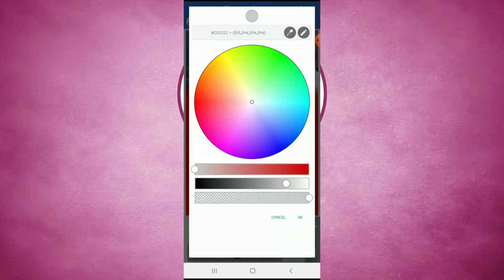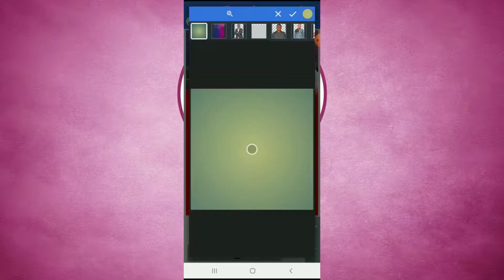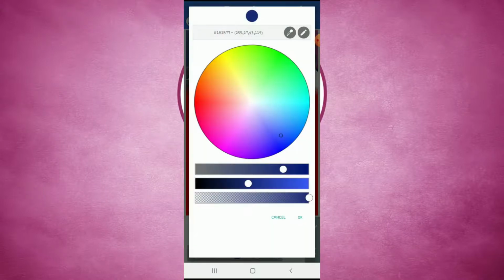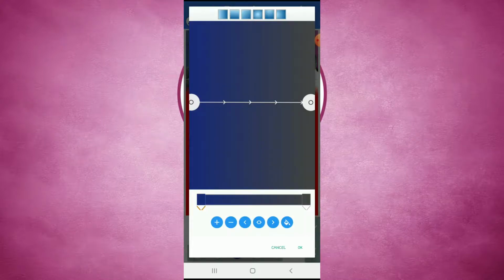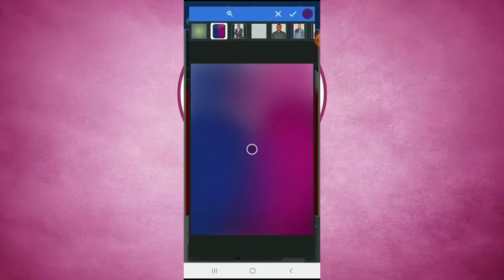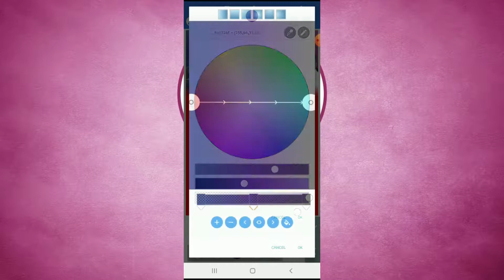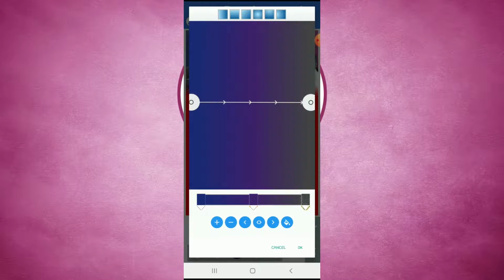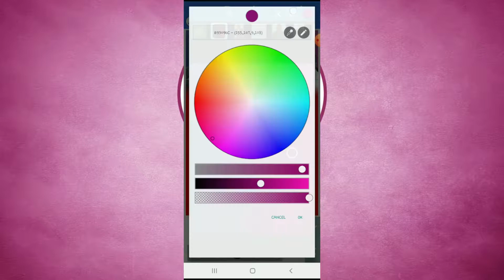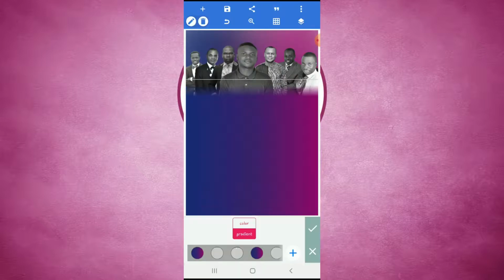and you click color. Now click the pen here. Let me show you the pen here, and click this background color. Select this color here and click OK. Yeah, so now click this plus and click color. Now click the background also, select the color in the middle color, select it. Yeah, and leave it that way. Now click this one, select the color and select this color, click OK. Yeah, once that is done, can you see